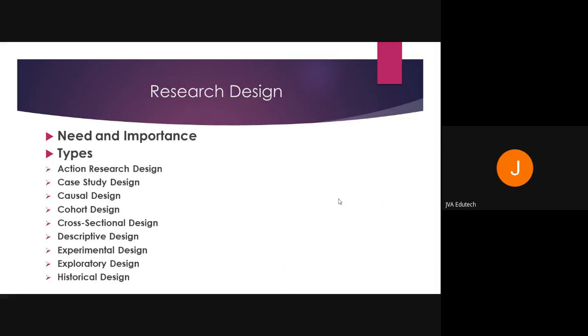Second one is the case study design. As you know, normally that is going in depth of a particular case. Let's say sales is decreasing in a particular organization or a particular product, or let's say during this COVID, the tourism sector is undergoing an economic meltdown. So, what solutions could we bring for a particular company? If you talk of the industry as a whole, it won't be a case study design. Let's say particular Thomas Cook is going under economic meltdown or having problems. So how can it overcome those problems once things return to normalcy?